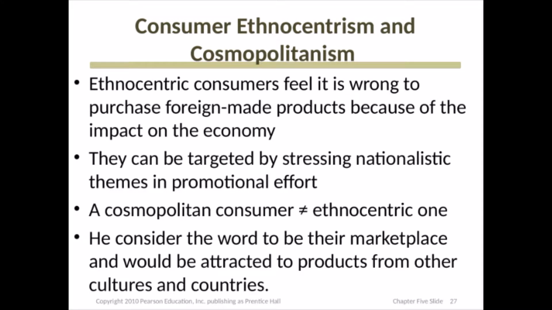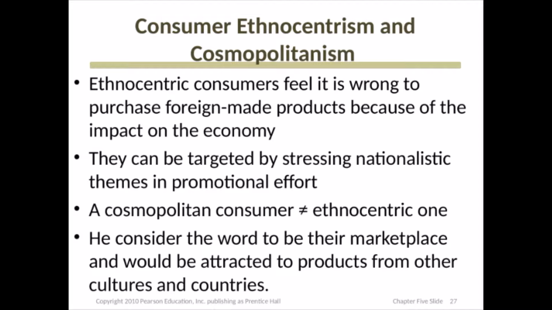طيب نيجي بقى على معلومة جديدة كمان. ethnocentrism and cosmopolitanism. Consumer ethnocentrism and cosmopolitanism. اتنين عكس بعض، حاجتين عكس بعض. هي ايه الاثنوسنتريزم؟